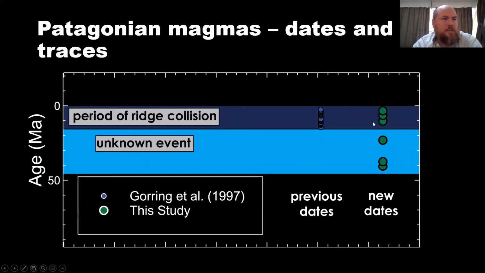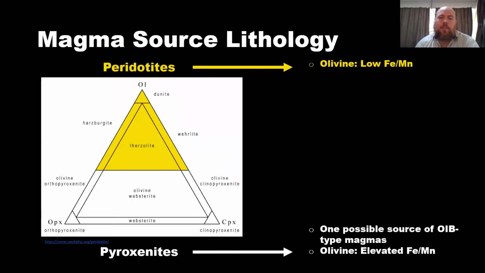Here in the dark blue, we see this period of ridge collision, and previous dates constrained a lot of magmas erupting in there. However, we have evidence of the eruption of very similar types of magma, much older, and into the Eocene. So one possible explanation that we're working on for this has to do with the magma source lithology. So most petrologists assume that the mantle that melts is olivine rich, or what would be considered